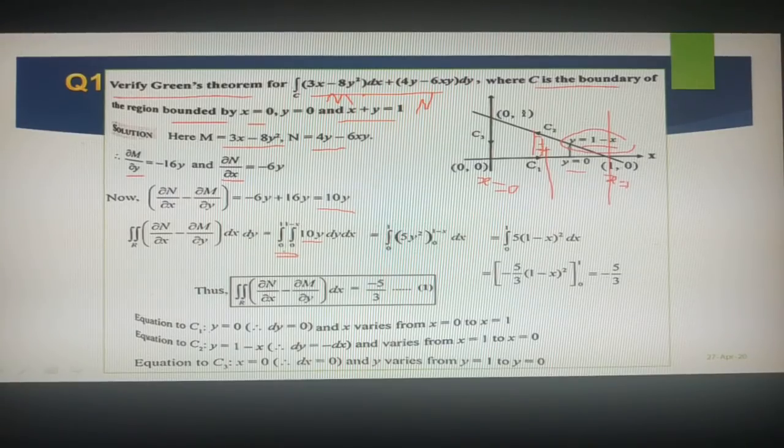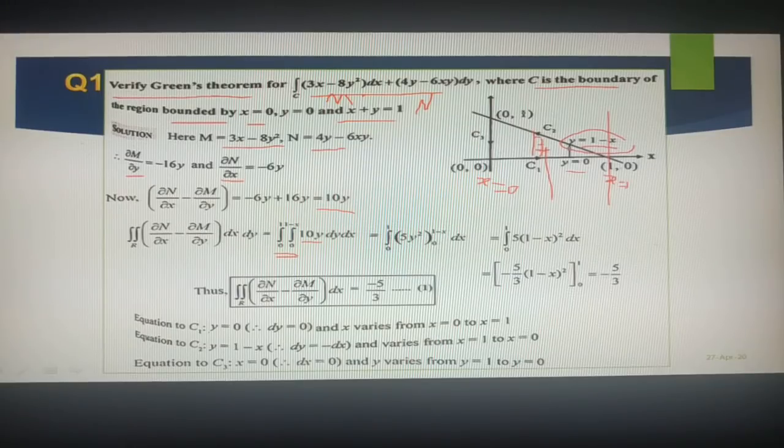If you take one limit as constant, the other limit you have to write in terms of the other variable. So I am taking x limits as x equals 0 to 1, which are constant limits, and y equals 0 to 1 minus x. That means it is a vertical strip starting from x equals 0 up to x equals 1. It will be swept across, and this total region will be covered. So I hope you understood.